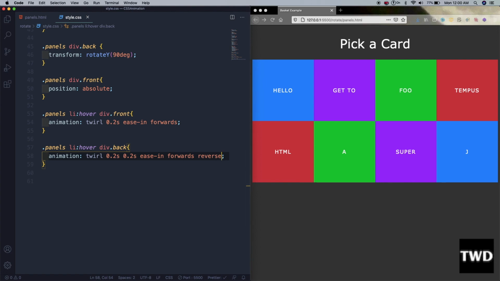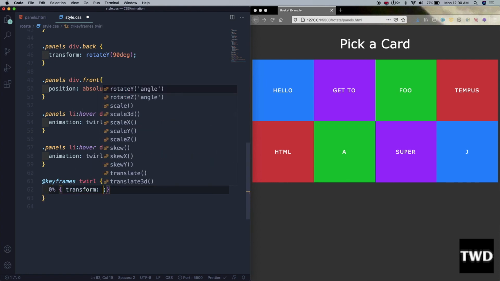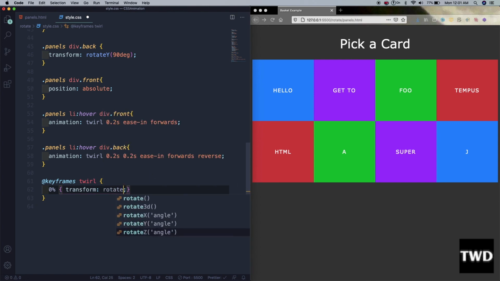Okay, so now add keyframes twirl: at 0%, transform rotate y 0 degree, and the second one will be at 100%, transform rotate y 90 degree.